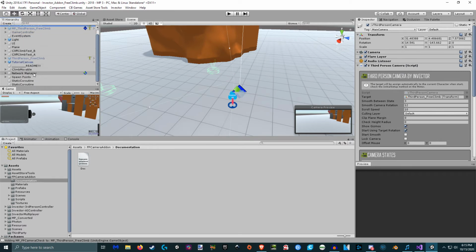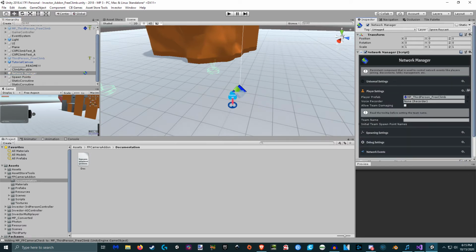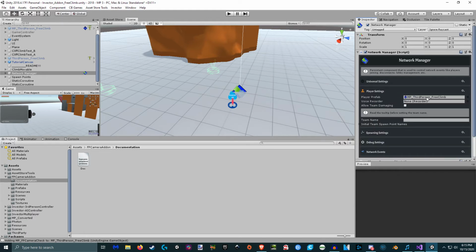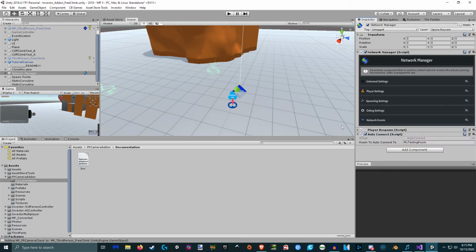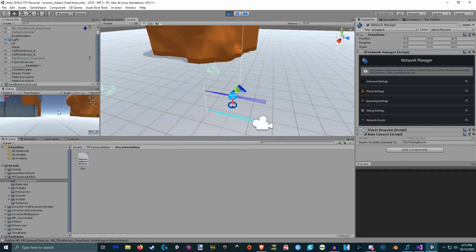So the way I have multiplayer set up currently is I am using the auto connect component. And if we come over to here to the spawn settings, the auto spawn player is enabled, and we are spawning the multiplayer third person character, that prefab that we just saved back to. So when I click play, it's going to automatically connect to the master server, make a new room called my testing room, and it's going to join that room. So let's see that now. So if we click here, we can see in the play view,